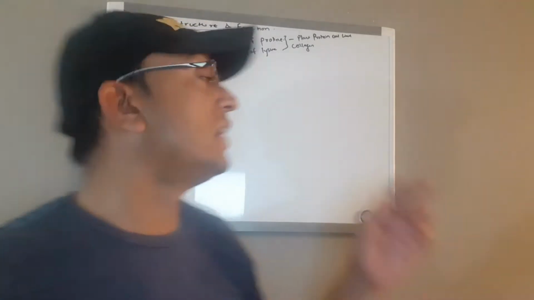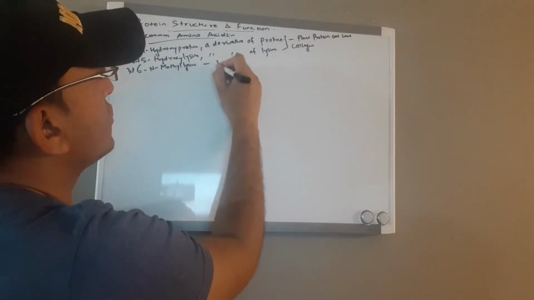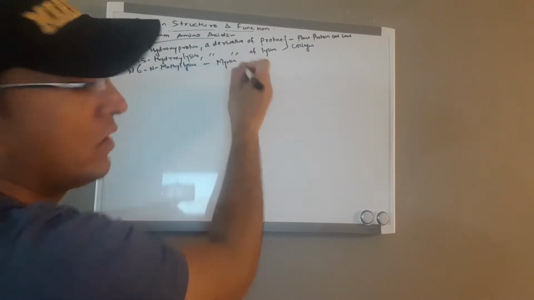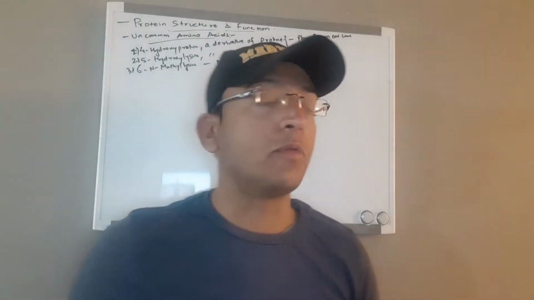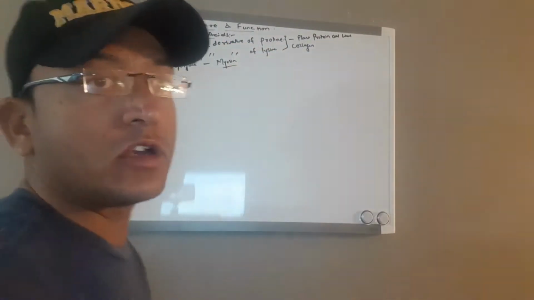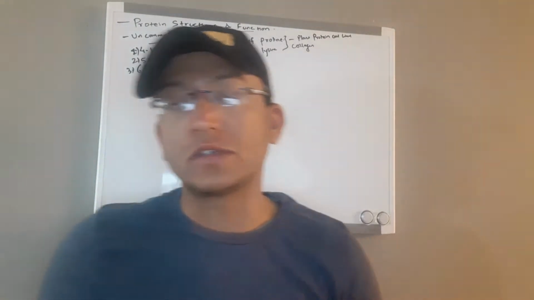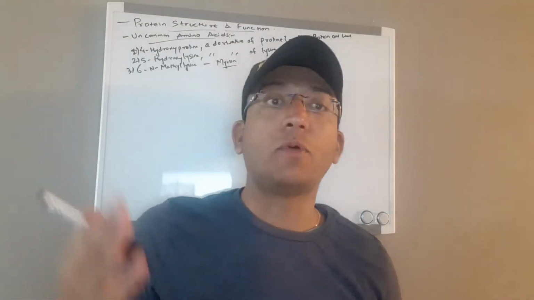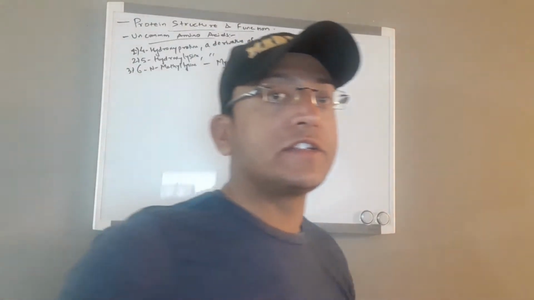So that is a constituent of myosin, right? That's a contractile protein. The myosin is, what's myosin? That's a contractile protein of muscles, right? There is another important and common amino acid, that is gamma